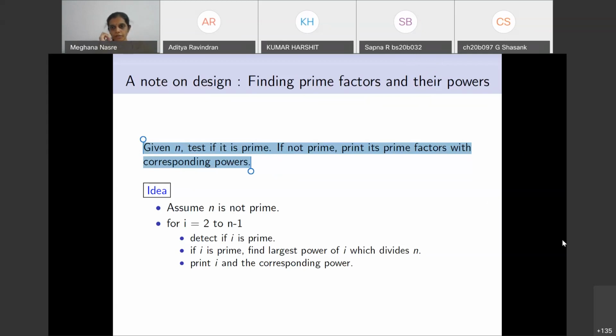Okay, so I don't understand what is 2, 5. Somebody has written 2, 5. What does it mean, Shwetika? 2, 5. Okay, 2 and 5 are the prime factors. Is that what you are trying to say? Okay, so I think we just don't want 2, 5. We want the corresponding powers.